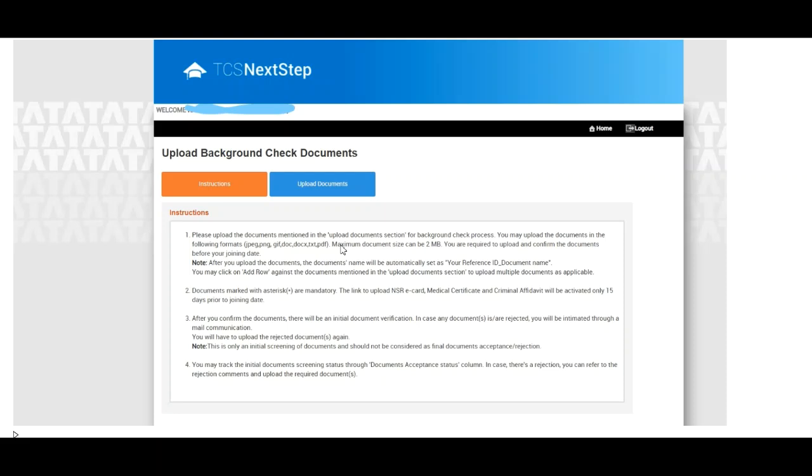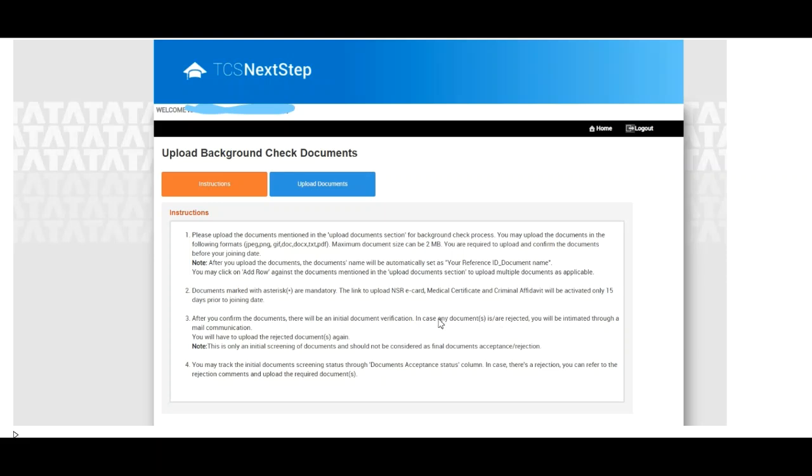Make a note that the links to upload your NSR e-card, your medical certificate and the criminal affidavit will be activated only 15 days prior to the joining date. After you confirm the documents, there will be an initial document verification. If the documents are rejected, you will be intimated through a mail communication.